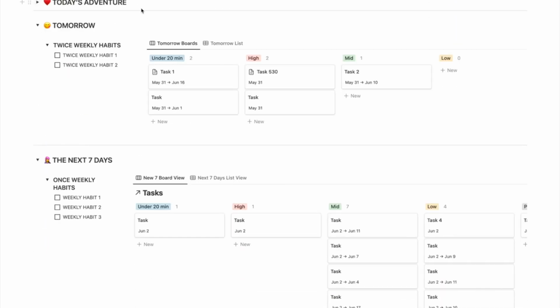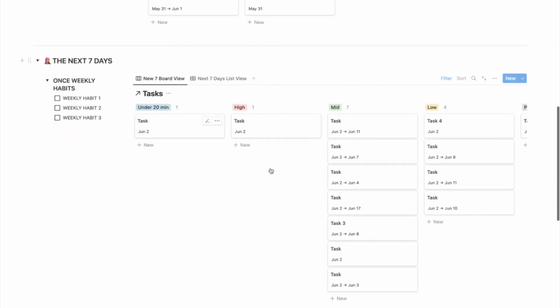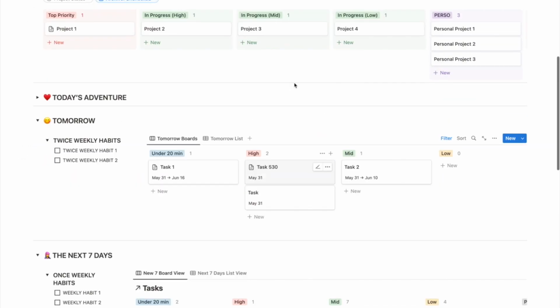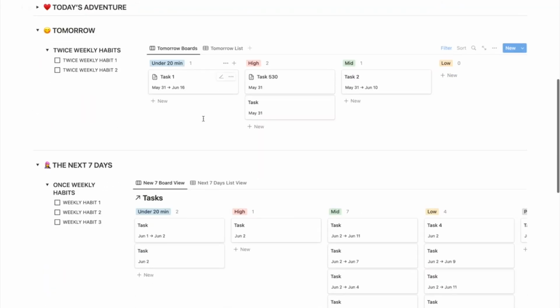Let's go ahead and close this because we're done with that. Tomorrow, these are going to be the tasks that we're dealing with. And then after tomorrow, well, then that's your next 7 days. Okay, so we've now had a week where we've finished some tasks, we've archived some tasks, and we didn't get